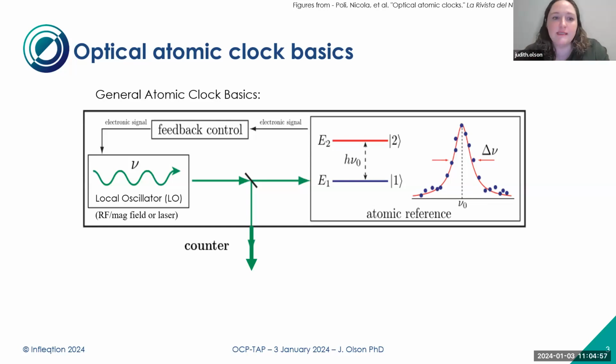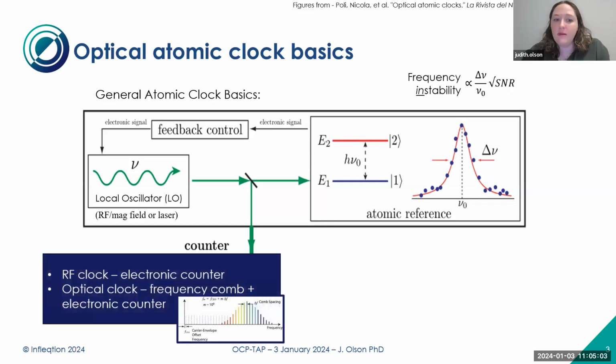The biggest difference you're going to see between optical and microwave clocks is really going to be in the counter here. So the counter for a microwave clock, it's all electronic. You are just counting an electronic beat note that comes out of your system, or that you're using to encode onto your local oscillator. If you have an optical clock, though, it's not as simple because electronics can't respond directly